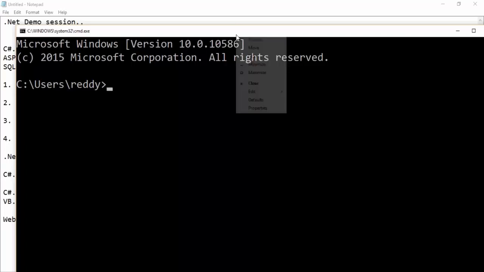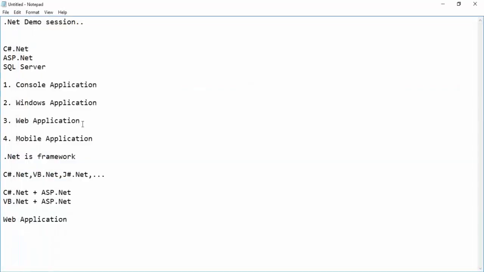If you start learning web applications directly, you will not understand the basic things and your base will not be strong. Whatever language you are learning, the basic things are very important. So we'll be starting with the console application. Once you understand the console application concepts, then it is easy to understand the web application.